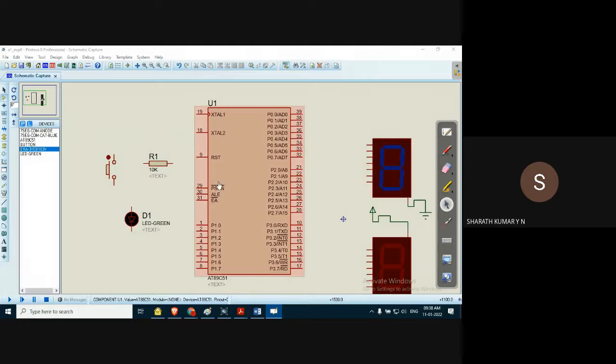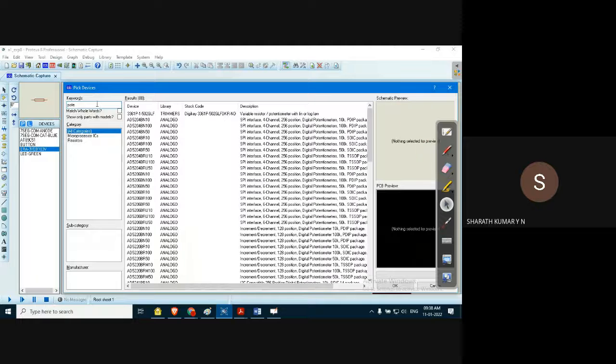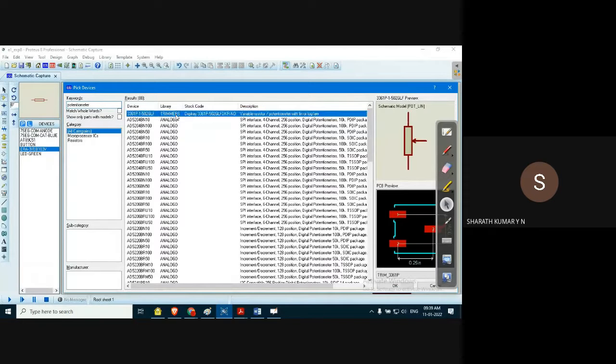What about the other component, guys? Resistor, potentiometer. We need a potentiometer for the LCD display. How to select a potentiometer? We can search for pot, or of course, potentiometer. You can already see the display of potentiometer. I think these are trimmers from the same company.